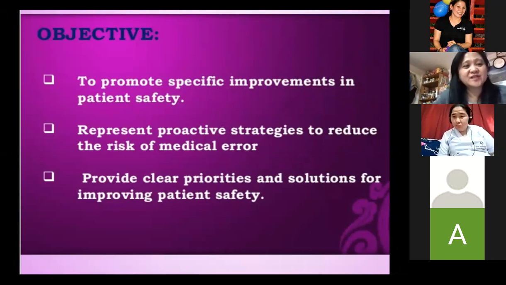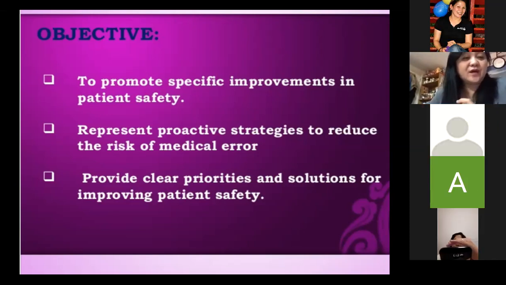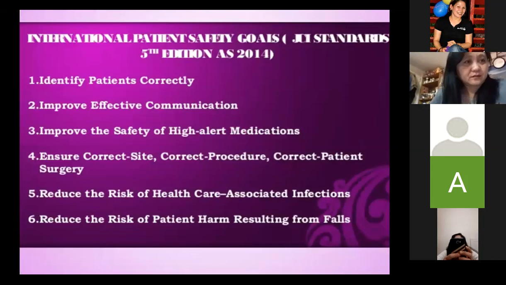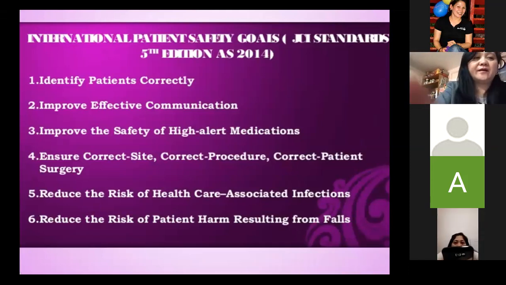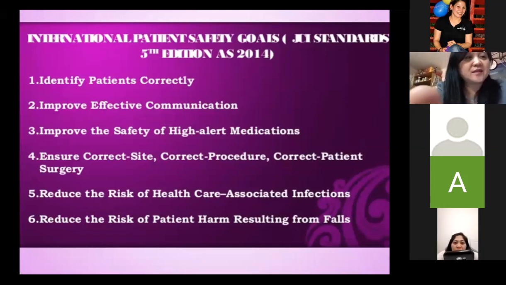Dapat ma-reduce natin yung mga error sa patient natin. We have to provide clear priorities and solution for providing patient safety. Dapat when we go with the patient, we are ready for it. Now, for the international patient safety goals, we have the number one, especially when you are in the hospital,